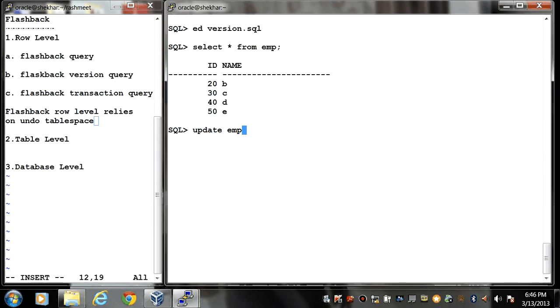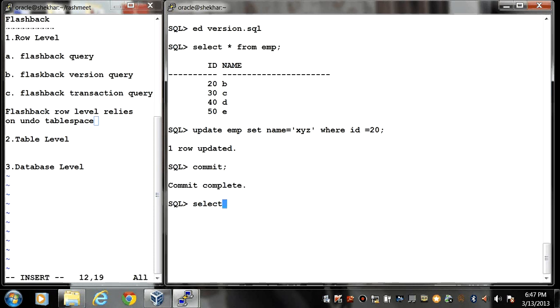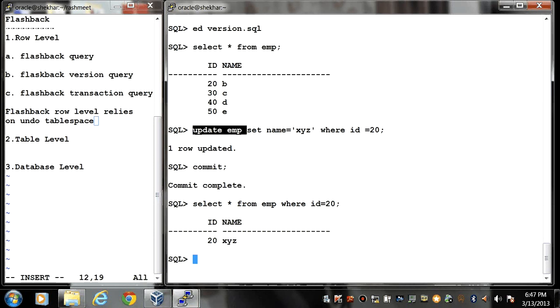So here: update emp set name is equal to xyz where ID is equal to 20. Now I fire a commit command. Now if I say select star from emp where ID is equal to 20, my current value is xyz.